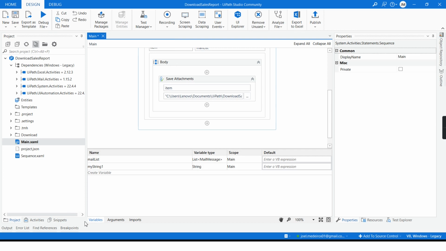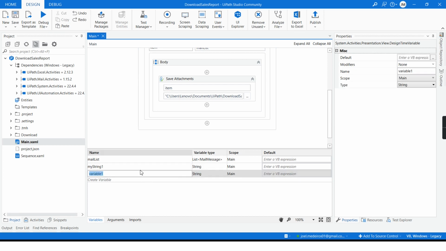Okay, so these are variables. We can create them from here, which is probably the most used way. There are some different ways, but I'm not going to get into that just now.